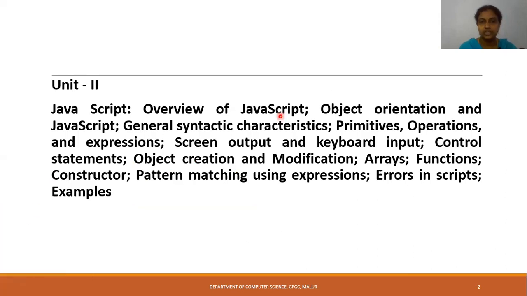Then an overview of JavaScript, object orientation and JavaScript, general syntactic characteristics, and then primitive operations and expressions, screen output and keyboard input, control statements, object creation, modification, arrays, functions, constructors, pattern matching using expressions, errors in script, and examples. So when you look at JavaScript, by the term JavaScript, don't think it is Java